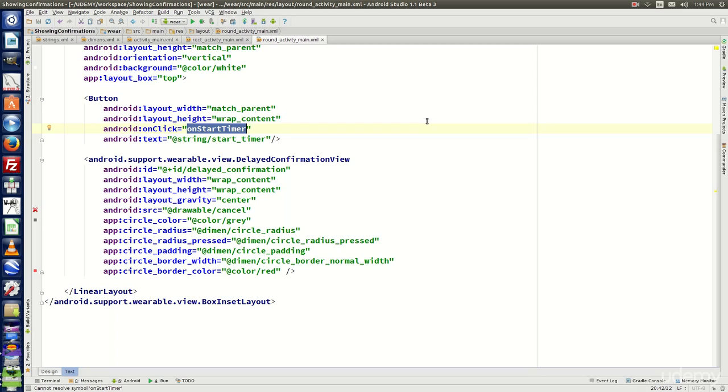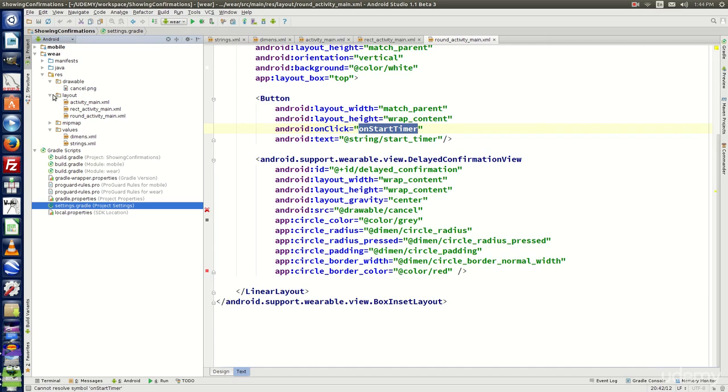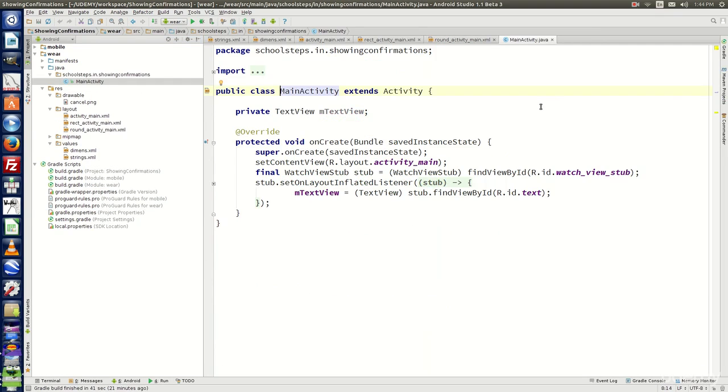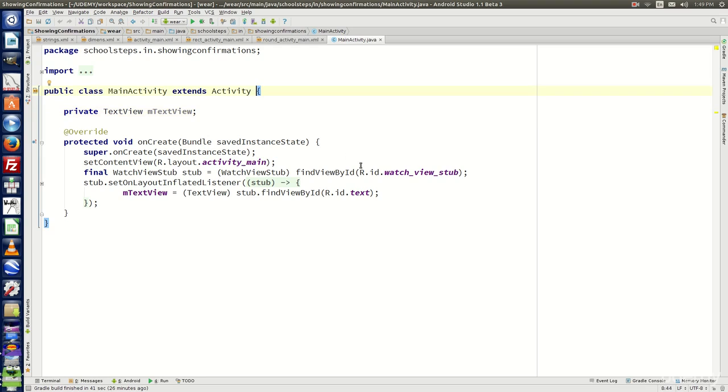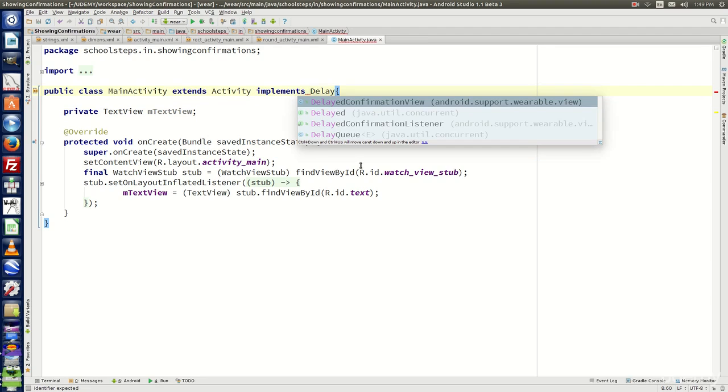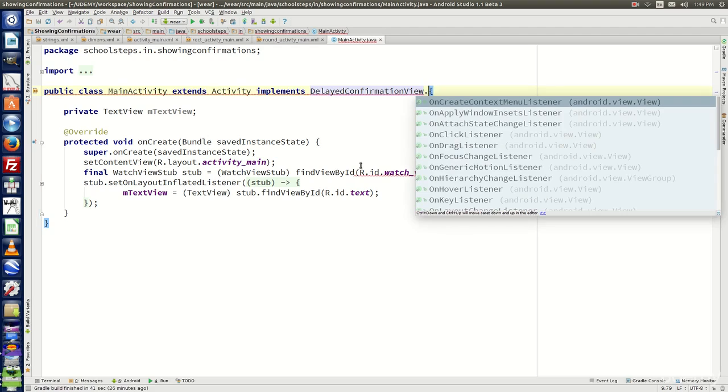So we need to implement this in the main activity of VR module and we need to do the other things in the main activity of VR module. So let's open the main activity of VR module. So the first thing that we need to do here is to implement the interface delayed confirmation view dot delayed